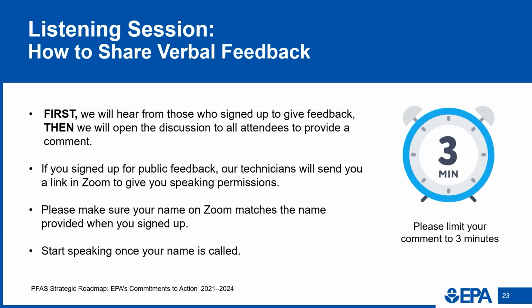I raise Suncor and the division's draft permit here as a case study in why we need strong guidance from EPA. Without strong federal actions, states like Colorado may be reluctant to take the steps necessary to stop further PFAS pollution. There are multiple actions EPA can take under its strategic roadmap to address this problem. First, the agency should move away from an inefficient and ineffective chemical by chemical risk-based approach and embrace a technical feasibility approach for PFAS as an entire class.